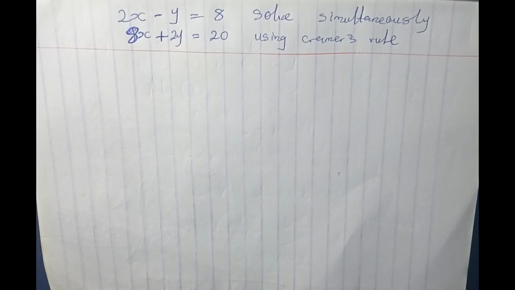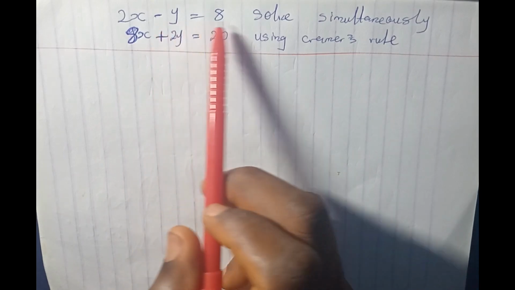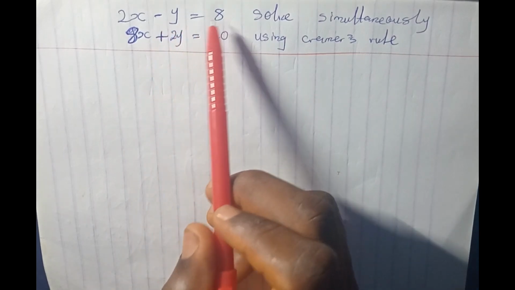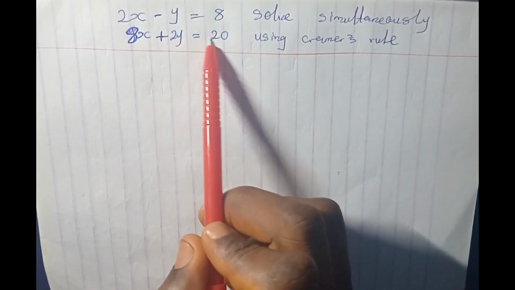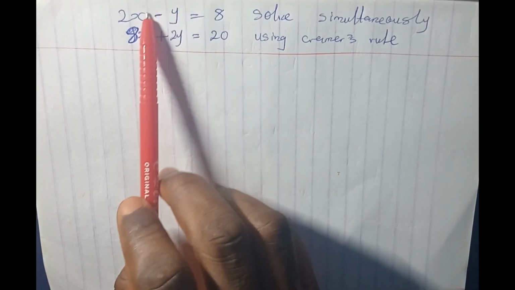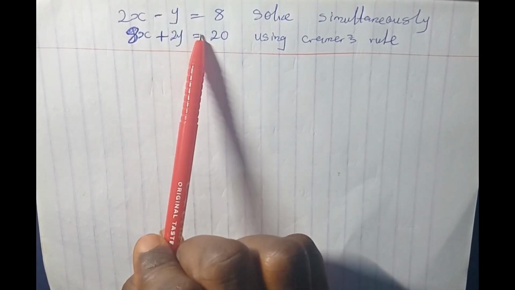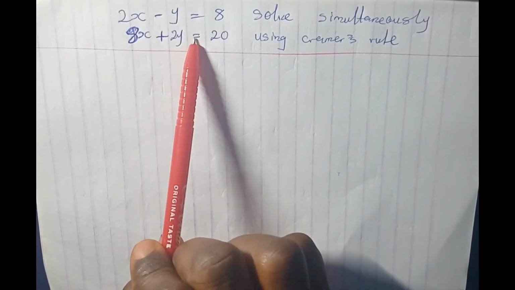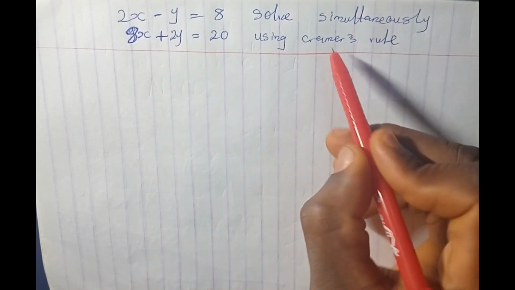This question solves simultaneously using Cramer's rule. So we have two linear equations: 2x minus y is equal to 8 and 8x plus 2y is equal to 20. We can solve this using elimination method, substitution method, or graphical method, but the instruction says that we should